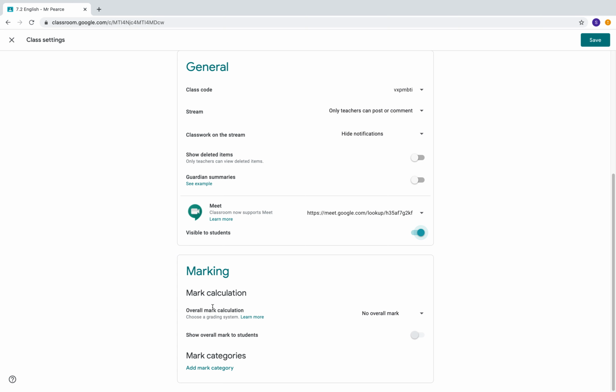Lastly, we've got the marking section here, and this is just around really the customization on your particular school. So this is whether you want there to be an overall mark calculation of no overall mark, total points, weighted by category, and I'd recommend clicking here on the Learn More to give you more information about how those are kind of set up. And some of this will be set up in collaboration with your IT department as well,